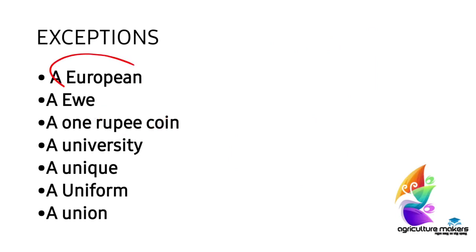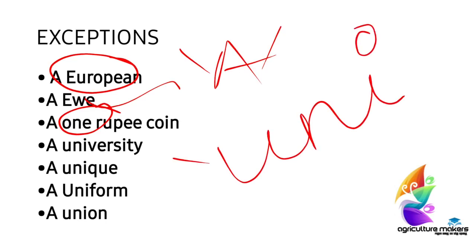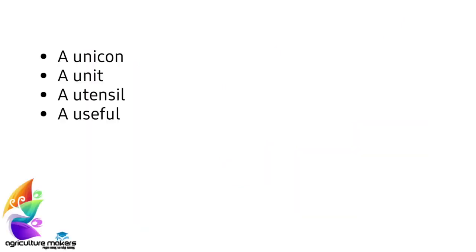Before European, we have to use a, and it is not an, it is a European and a Eve, and before one we have to use a, even though there is O, it is a one rupee coin, and before uni, we have to use a, that is a university, a unique, a uniform, a union, a unicorn,